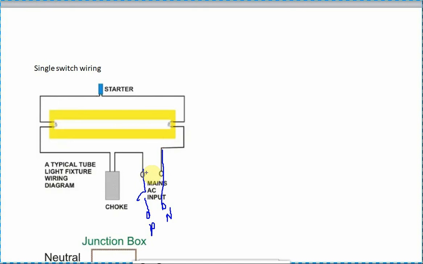So what is inside? Sometimes a wire is broken inside, and you want to look. The phase line is connected to the choke by inserting one line, and the other point of the choke is connected to one end of the lamp. The other end of the lamp is connected through the starter, and the starter's other point you connect to the neutral. So that is the inside connection of the tube light.